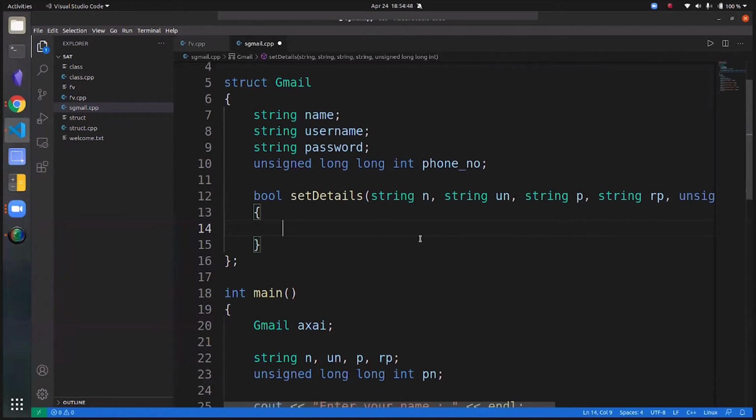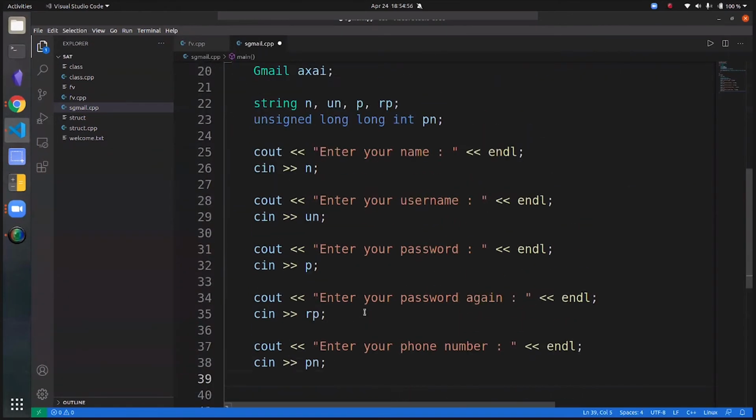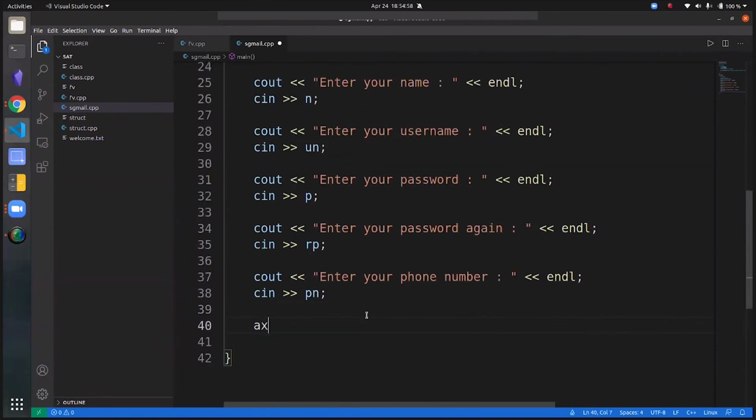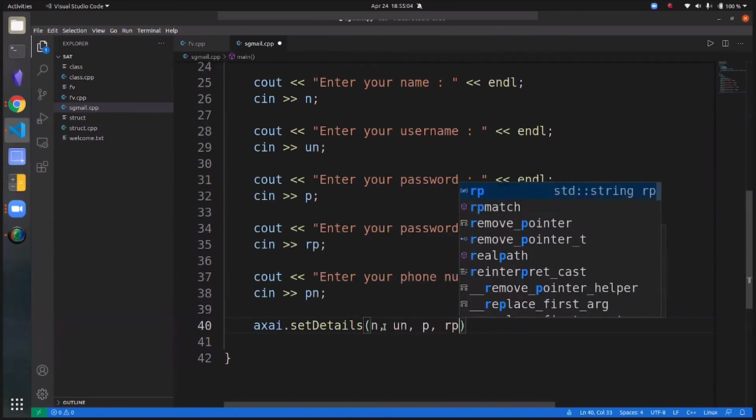So the first thing here is you have to set the name equal to n. We are passing the value n from here. Set details n u n p r p p.